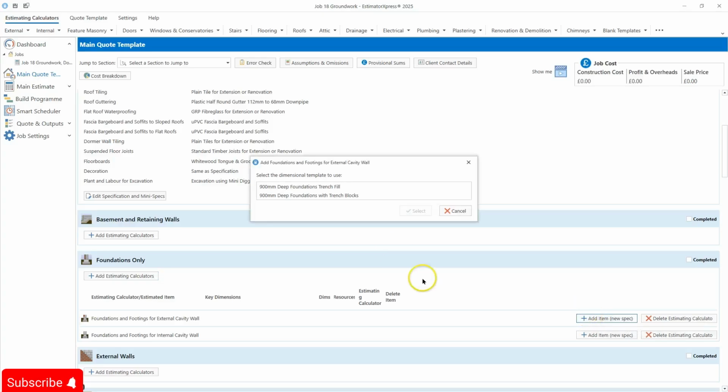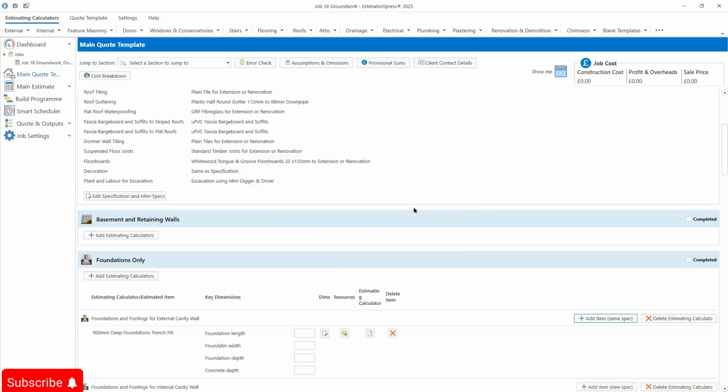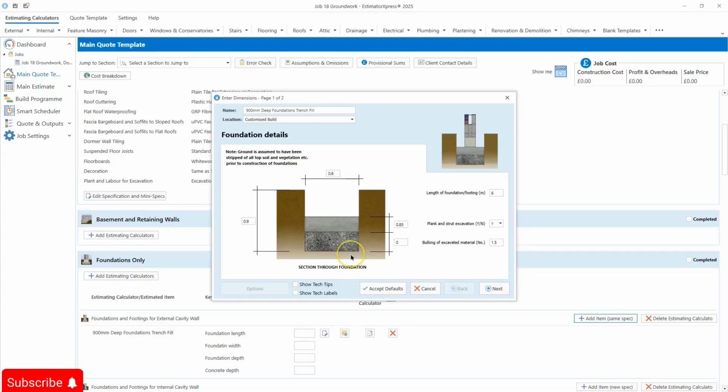Click plus. I can confirm if it's trench fill or trench blocks. Hit select, and up will pop the dimension wizard. And as with all estimating calculators within EstimatorXpress, we simply click through the boxes and confirm the information as required. I've clicked on tech tips and tech labels, so it adds labels to the drawings. And of course, when I click on the boxes, it gives us tech tips in the top right hand corner here. So I can confirm the foundation depth,